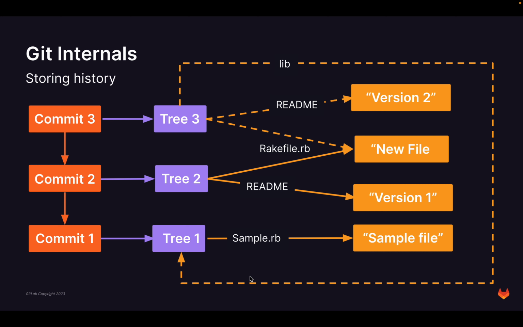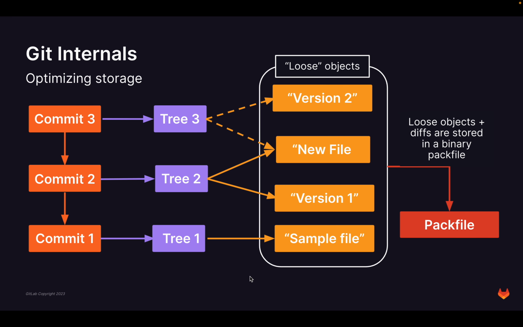Awesome. Let's move on a little bit. So commits point, as I said, to the root tree object, which contains a list of objects, and these objects are typically loose objects, so they are stored as a whole. So there is no optimization between version 1 here and version 2 there. To optimize that, Git will store these loose objects, these separate objects, into a binary pack file, and in this binary pack file it will